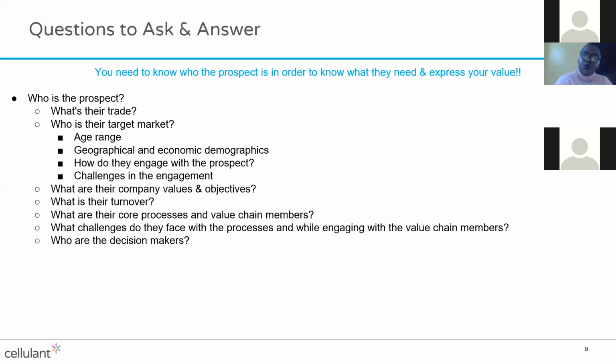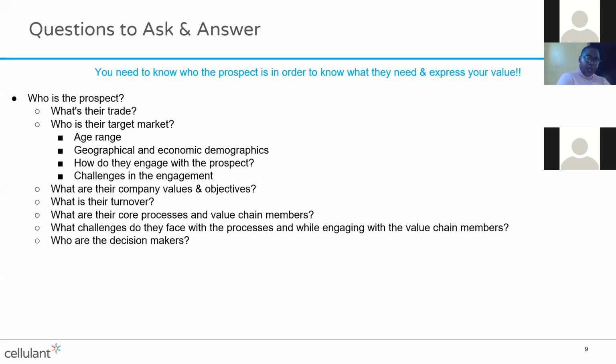You need to know who the prospect is in order for you to know what they need and in order for you to express your value to them. You need to understand who the prospect is, and in that you need to know what that trade is in, who that target market is in terms of that age range, that geographical and economic demographics. How do they engage with the prospect, and any challenges that the users might be facing in this